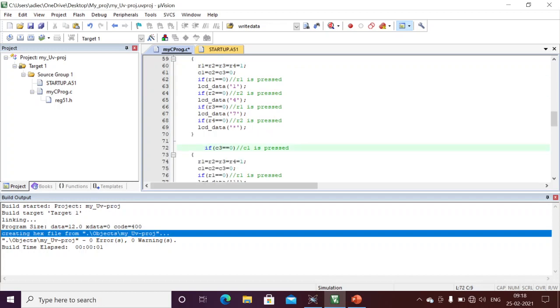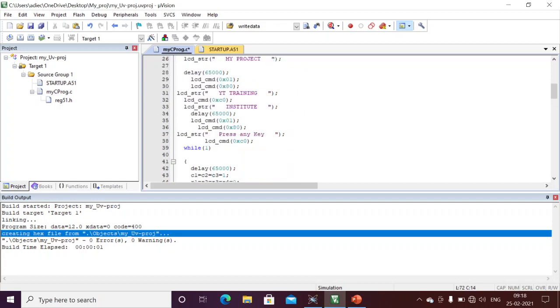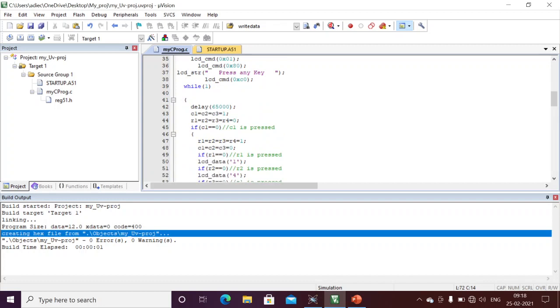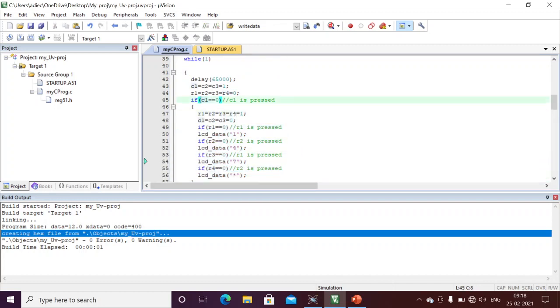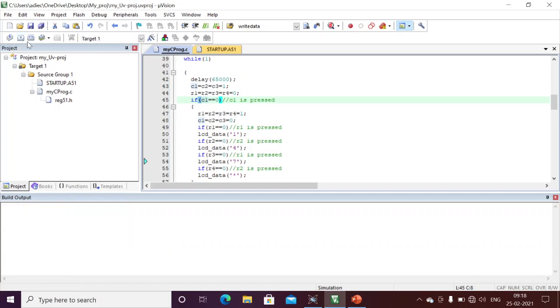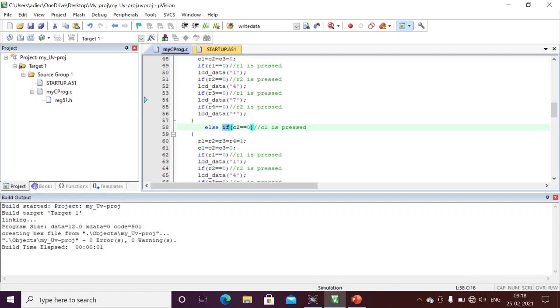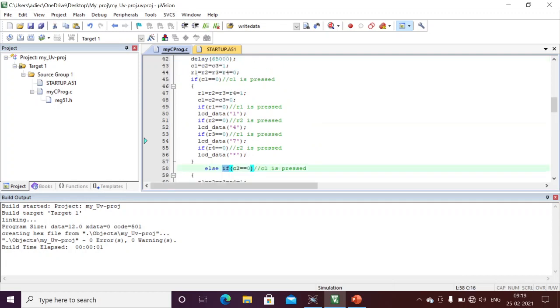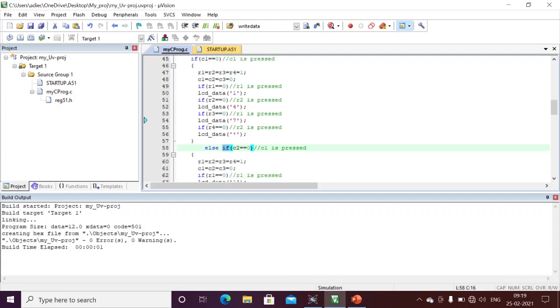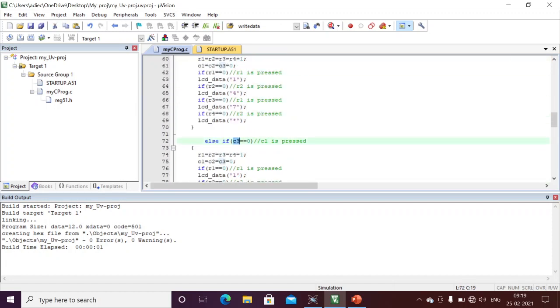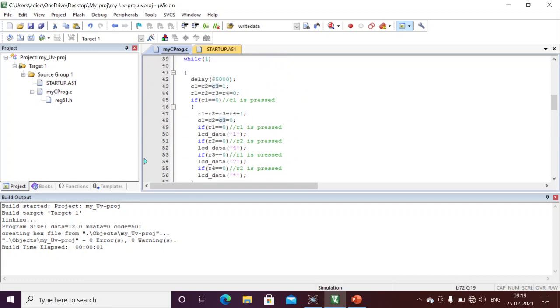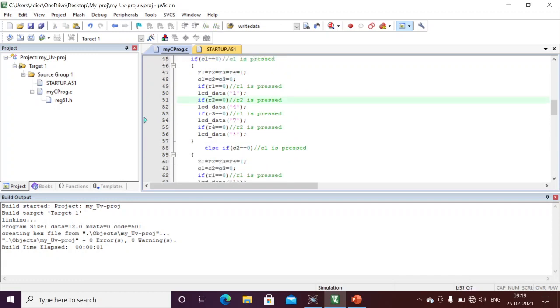Any one column will be pressed at one time, right? That's why I am writing it this way. Internally you can also write else if, else if, but here I am just checking the column. If column 1 is pressed, I don't enter column 2. Similarly for column 3. That's why I wrote this else if case. Here, only one column will be pressed at a time. Similarly you can extend else if here too.